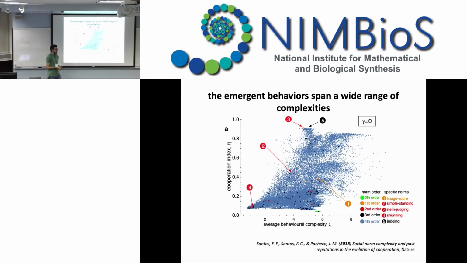And with this, we can have a sense of what's the strategic complexity that a norm allows for in a given population. Remember that we fixed one norm and we let strategies evolve, so we will have different strategies with different frequencies in our population. Each of these strategies will have a complexity value, so we can obtain a value for the average strategic complexity that the norm is implementing in the population, let's say.